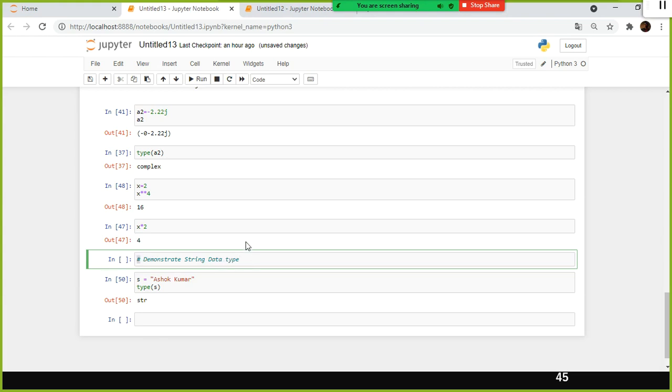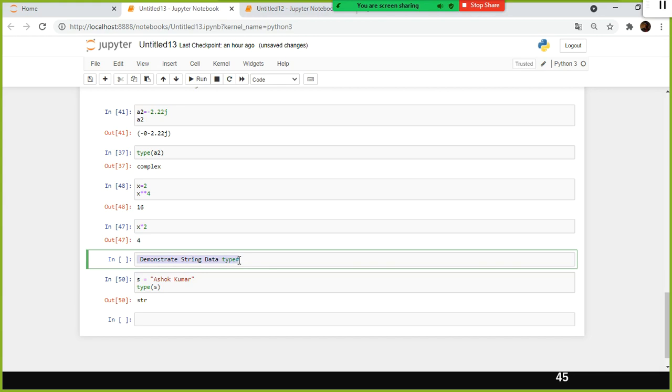I put a comment here. Yesterday, in the sense of the last session, I discussed that the hash is nothing but a single line comment. When you execute this cell, the kernel will check first for the hash. If it is a hash, it will not execute this line at all.